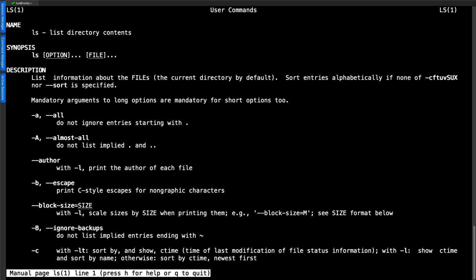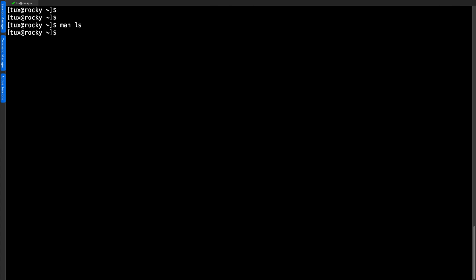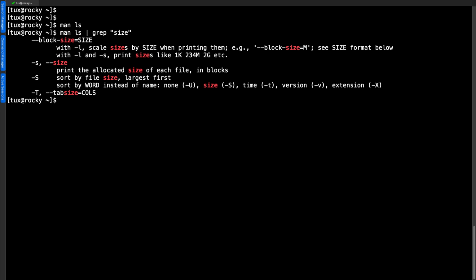If I look at man ls, we're able then to see the help information for the ls command. Now, although I can search inside of the man page, it's going to show me one line at a time, whereas, of course, searching with grep, I'm going to be able to display multiple lines. So let's go through and just take a look at how we might do this. If I go through and look at man ls and then grep for size, so let's say if I wanted to search or order the information based on the file size, well, I can see then that it's uppercase S that would be the option that I would be looking to use.